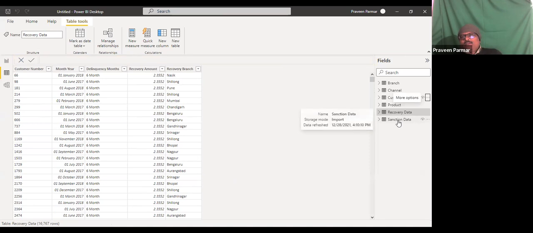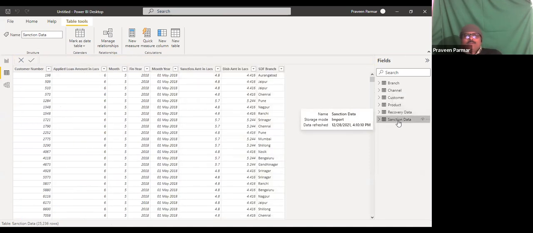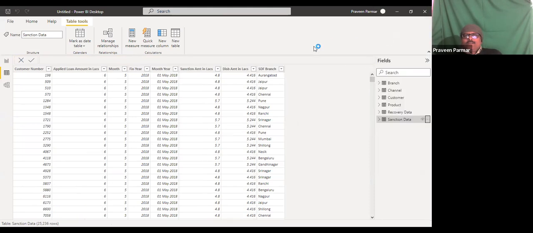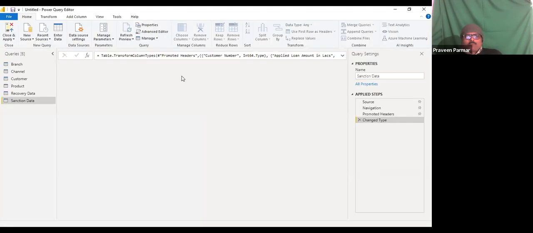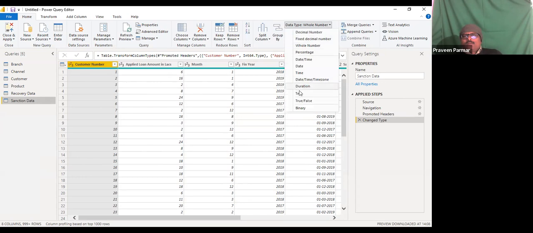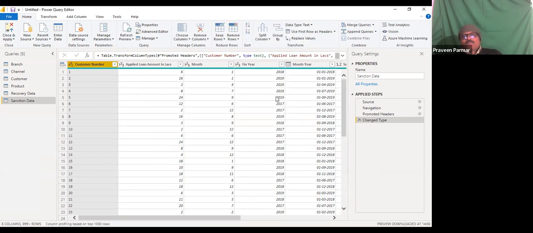Now the same thing I will do with the sanction table. And I just click here and I edit query. Here the first column I convert to text. Okay. Applied loan is an integer. Month I don't require.